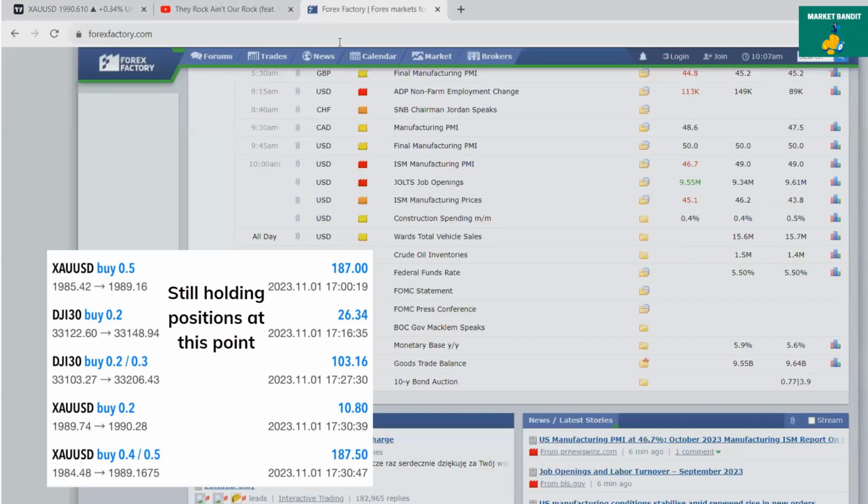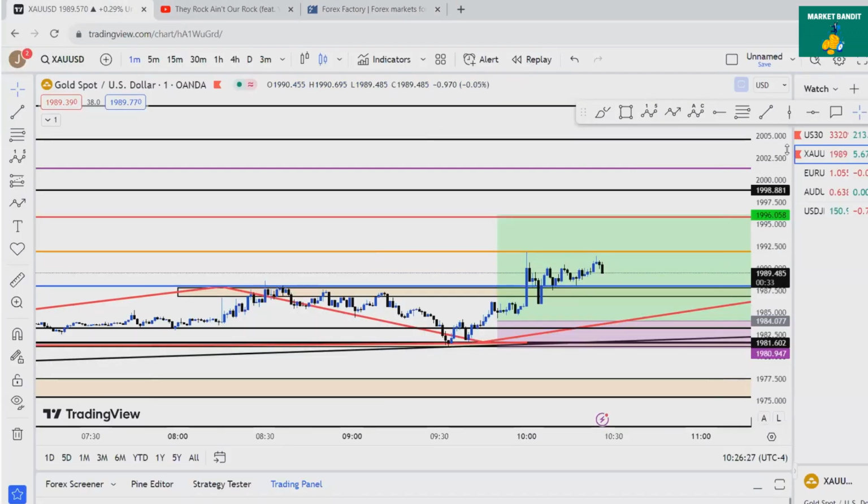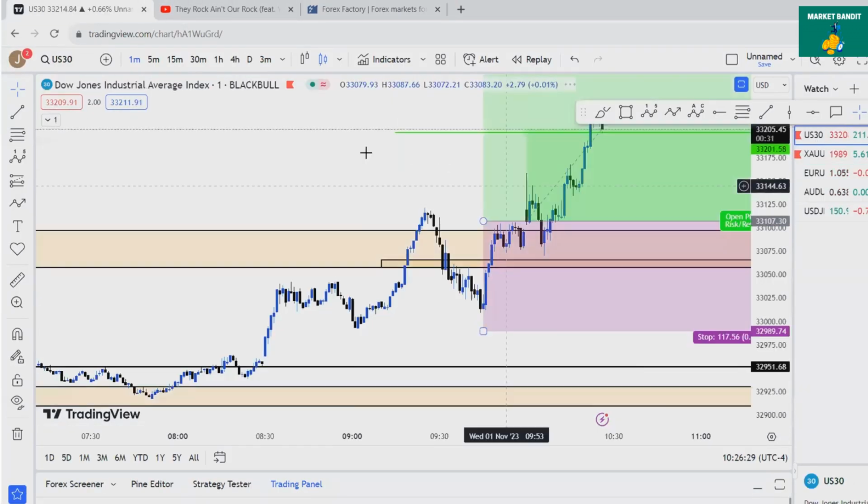That's because we saw some high impact news, and as you can see for the JOLTS job openings, we have positive news, and if you read that as well for the currency, that affected the market more than these other news. Why is this? For some reason this is not opening up. It tells you why it's good for the currency. I'll review that another time. But anyways, and the same for US 30.